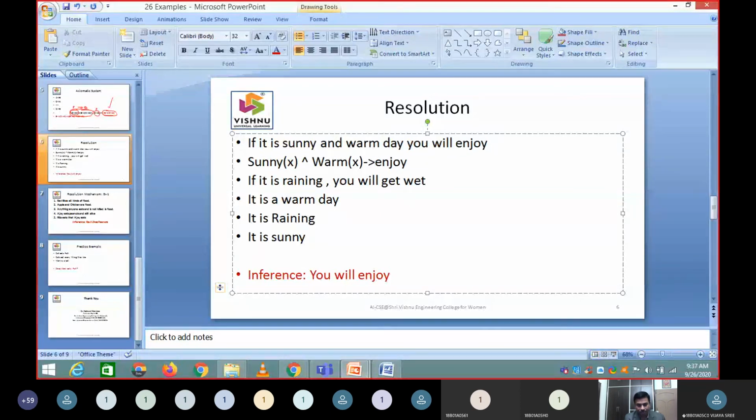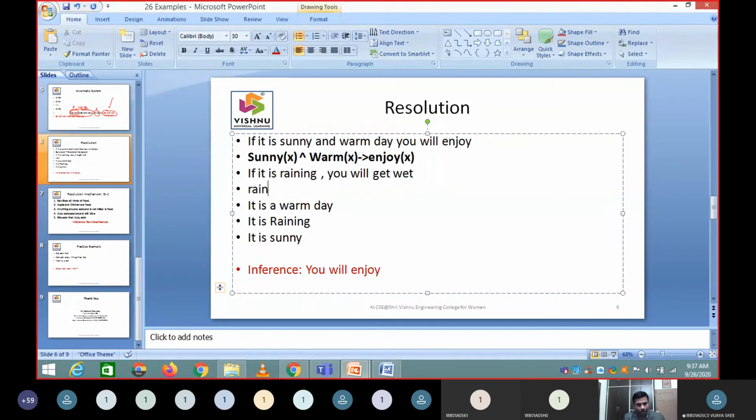There was given something like this, enjoy of x, whatever it may be. So if it is raining, you will get wet. So rain or raining, whatever it may be, you take like this, and it is wet of x.